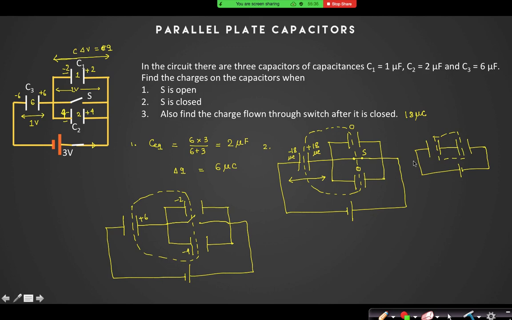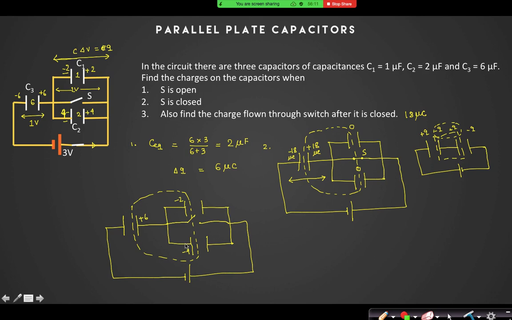You can also see from the charge configuration, if it is plus q, that will be minus q, that will be plus q, that will be minus q. So it is independent of the value of q. Always you will get zero charge on that system. That is why I am saying that they were isolated initially, but after I close that switch, now that system is connected with the battery.